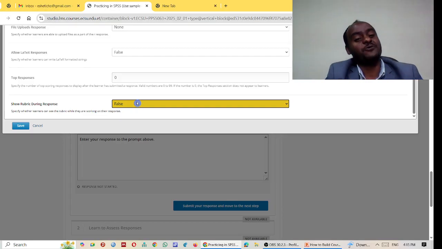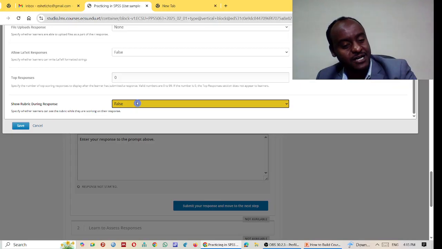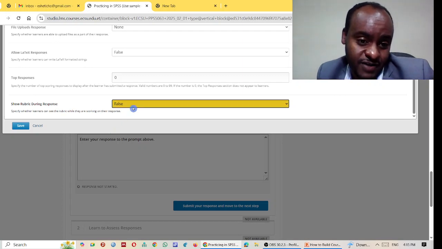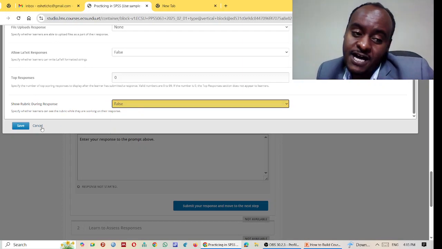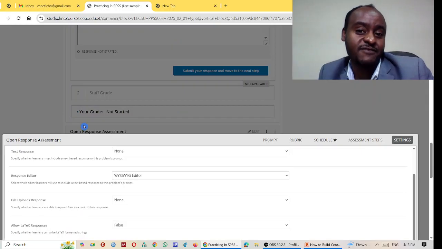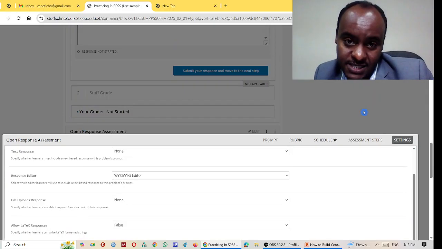Sometimes some rubric gives a kind of tip for students when they do their assignment or respond to their assignment. And if your rubric has this nature, then you need to make this off, like false. So this is all about how we configure or design and develop an open response assessment in our context,